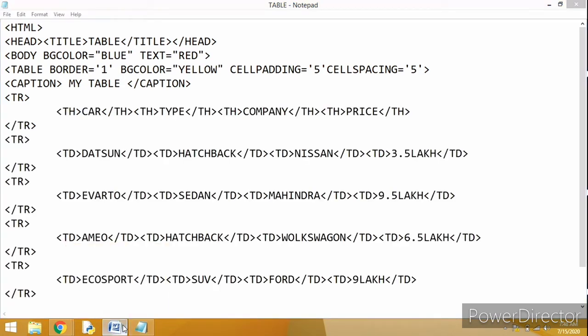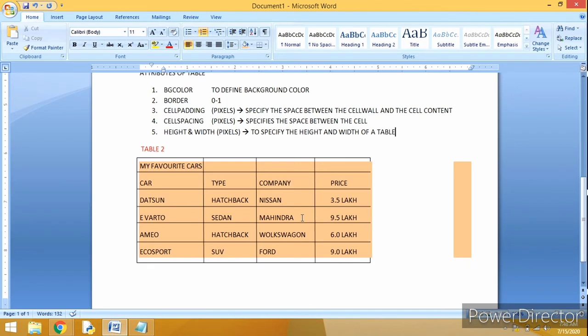Yes, sir. Can we specify height and width of the table? Yes, sir, by the attribute height and width. Now we have used the BG color, the border, the cell padding, and the cell spacing. Now let us use the height and width also.